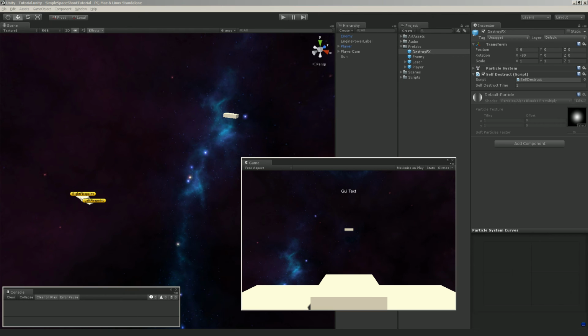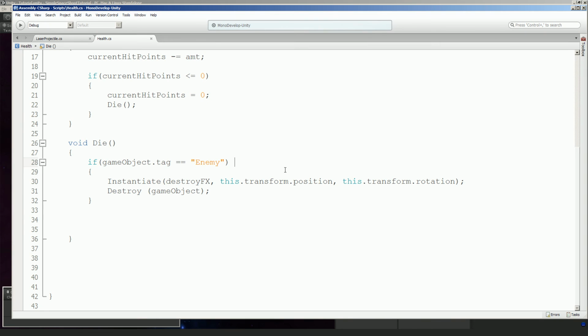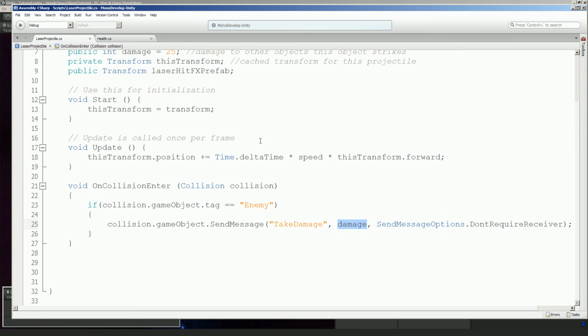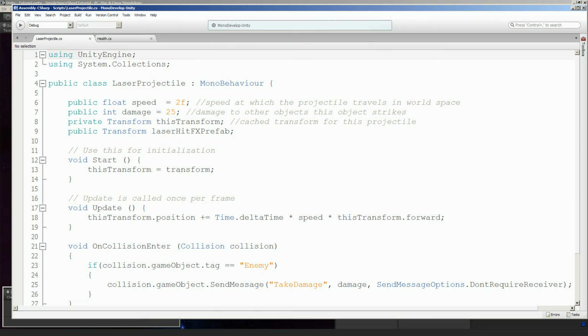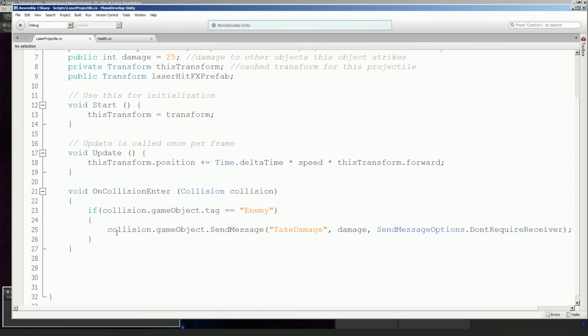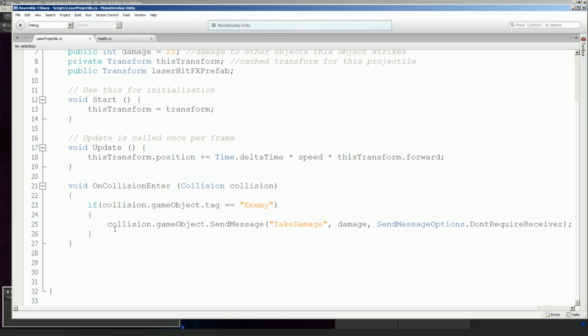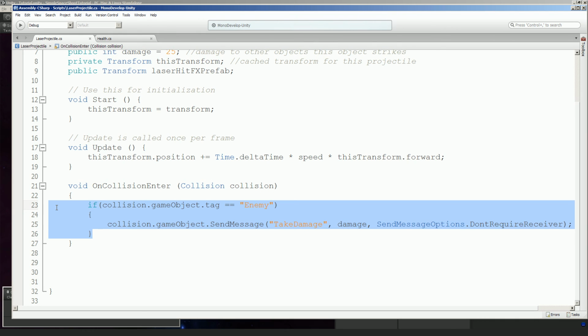Okay, we have just a little bit more to cover. Let me take a look at this. Going back, this is on our projectile, on the laser. The laser projectile script, which is this. We're only checking right now if we hit something called an enemy. But if you want to hit something other than an enemy, like environment, like an asteroid or some other thing,